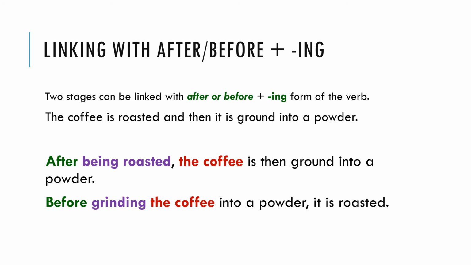Or we could use before. Then we could say before grinding the coffee into a powder, it is roasted. It is still a complex sentence, and we're still showing our linking by using the word before, but we're also showing the structure, what happens at each stage of the process. So we don't always need to use our adverbs of linking. In this video's example, there are 9 different stages in the process of making coffee and enjoying and drinking it. However, you're not always going to be this lucky on test day. You will usually find that you have between 3 and 5 stages in the process that you have to write